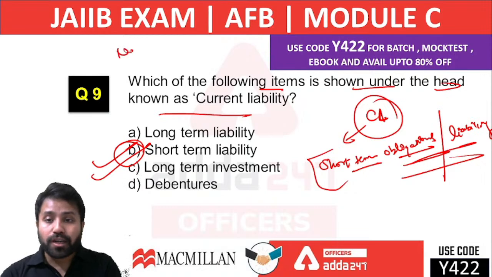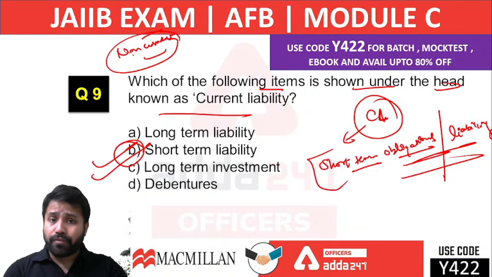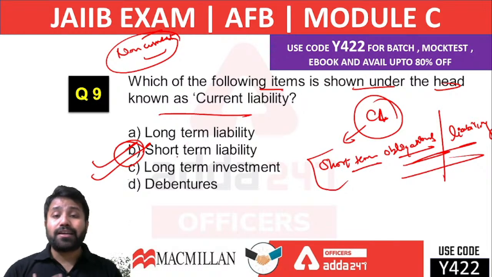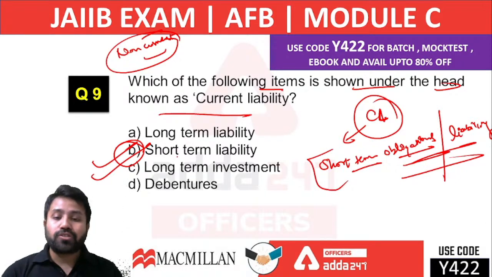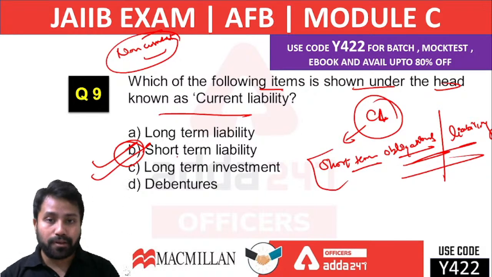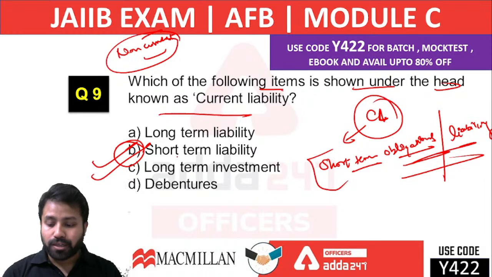If there is a non-current liability, you can understand that it is a liability you have to pay beyond 1 year. Okay, and that is considered a long-term liability for the company. So the correct answer for this question is short-term liability, right? This is how we actually solve the accounting questions in the examination. Okay,